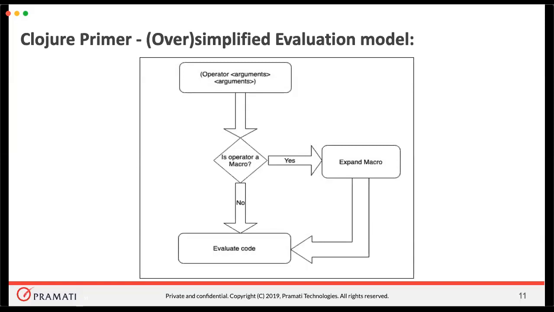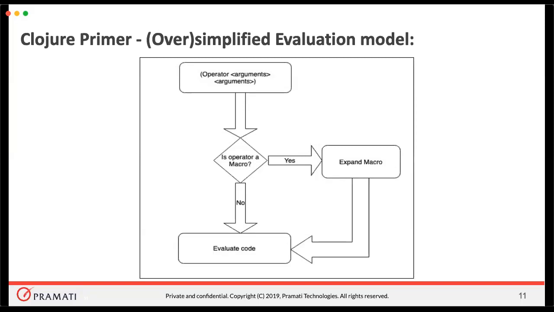So as we have seen earlier, we have seen how a Clojure expression looks. Whenever you're evaluating a Clojure expression, assume there is something called a Clojure evaluator, which accepts a Clojure expression, executes it, and may or may not return a result. And if a particular operator is a macro, it goes through an additional layer called macro expansion. So whenever that operator is a macro, it goes through 2 levels of execution.